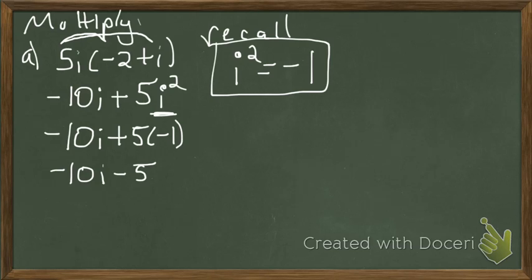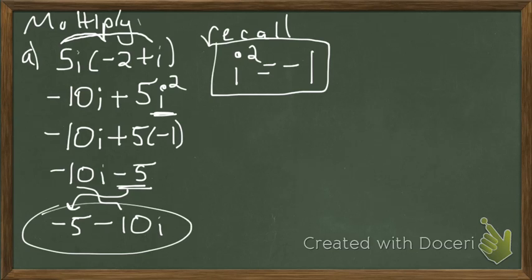We don't want to leave our answer in this form because that's not standard form of a complex number. We want to write the real part in front and then the imaginary part on the other end. So this is negative 5 minus 10i. Let's take a look at another example. Let's do B underneath here. If I have 7 minus 4i